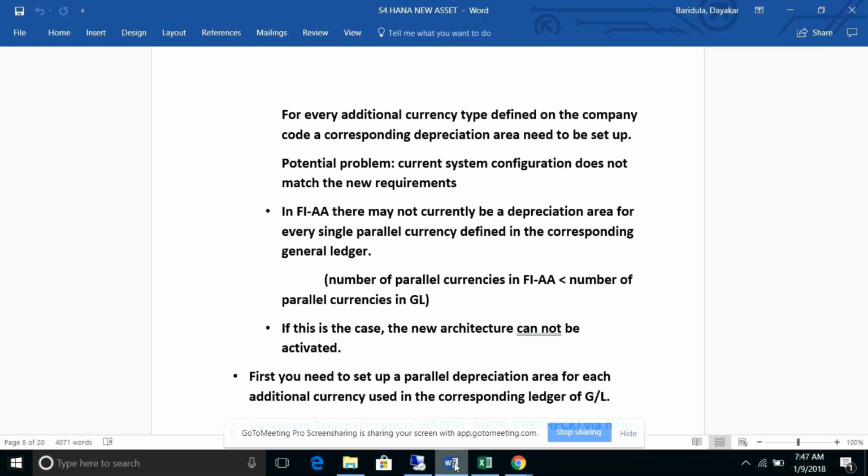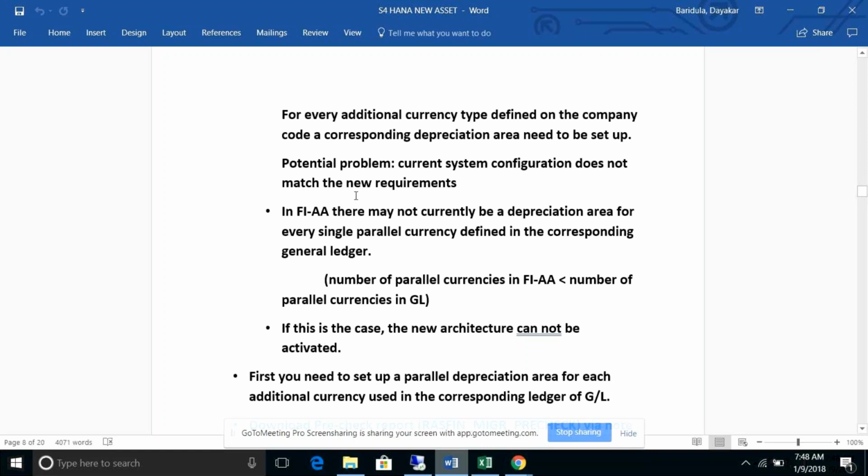I will show you in the system. For example, now I am reporting in only one particular currency. I want to go for multiple currencies reporting. So those currencies we need to define first for the ledger with the accounting principle combination. We need to maintain the currencies there for your company code at ledger level. The same currencies again you need to take care of in asset accounting. Where we do that, I will show you. These new adjustments we need to do for multiple currencies reporting, for whatever accounting principles you want to report, and whatever depreciation areas you want to additionally add.